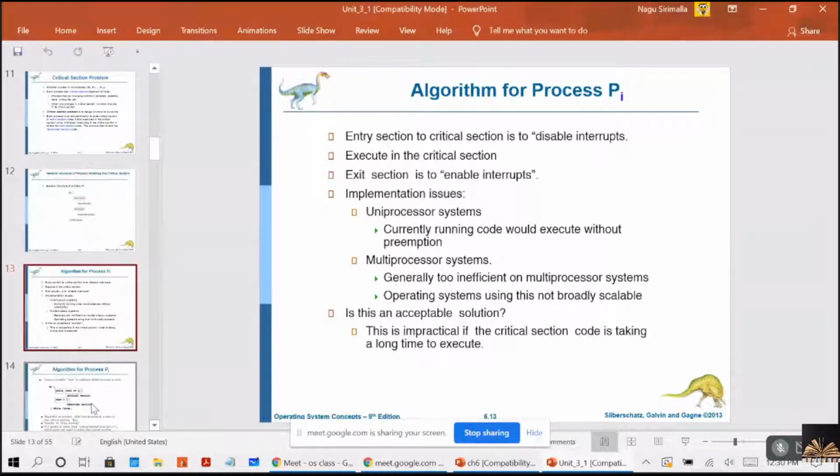When more than one process wants to enter their critical section, they have to decide which will enter first, and remember they are not executing their remainder section at the time. Now, bounded waiting: after a process has made a request to enter its critical section and before the request is granted, there exists a limit on the number of times that other processes are allowed to enter their critical section.